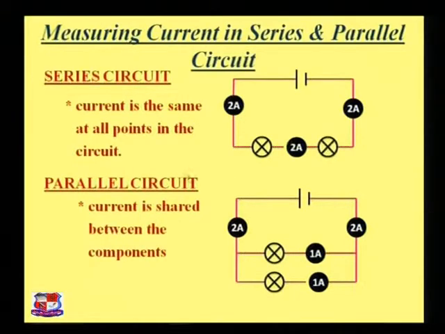See another example. Current is always the same at all the points in the circuit in a series part. Here if 2 ampere is the current, then you can see that 2 ampere is also here, 2 ampere is also here. So at any part of that closed circuit, the value of the current will be the same, that is 2 ampere in a series circuit. So we can conclude that in a series form the value of current is not changed, it is the same throughout the circuit.